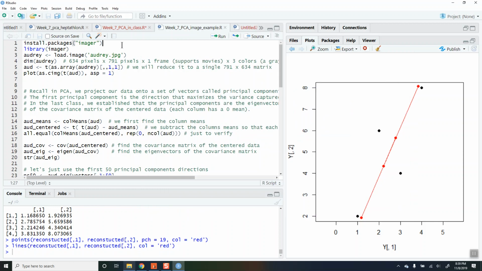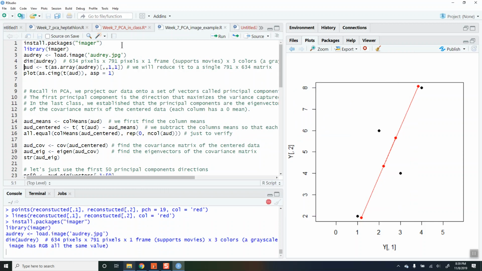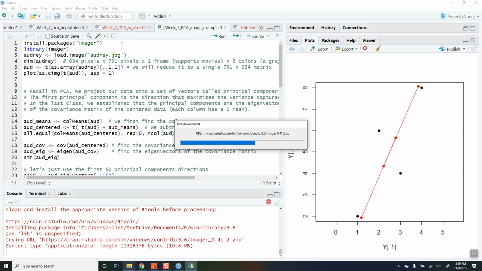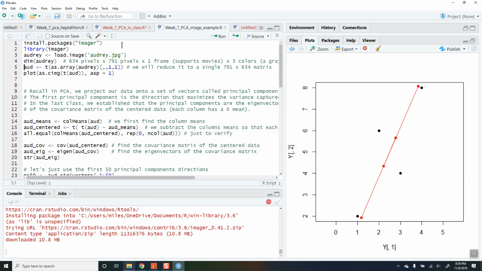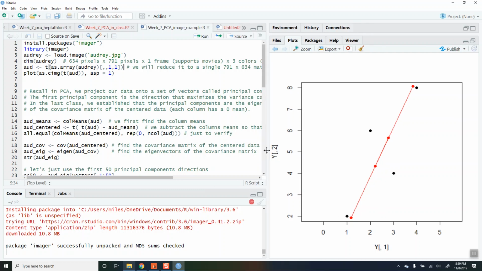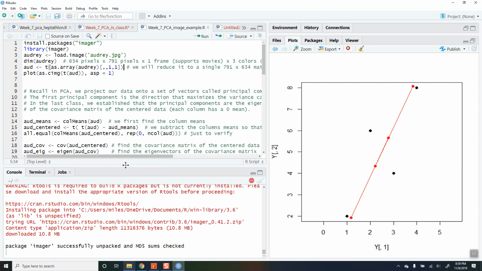Here I have a picture of Audrey Hepburn from Breakfast at Tiffany's. A classic movie. This is not practical, but it shows us what dimension reduction can do and how it still preserves the